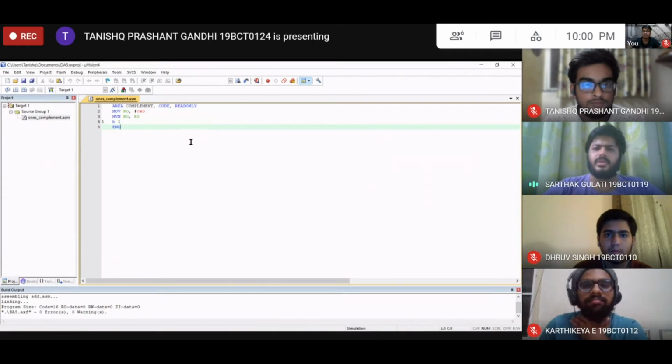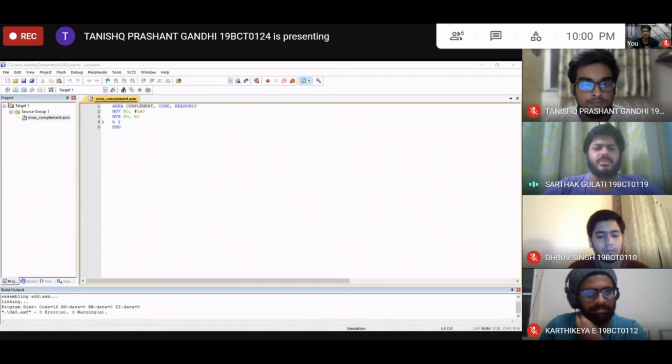Moving on to the next section of the code, here we are starting our execution process. MOV R0, #0x0. This immediate value that we have given here is the value we'll perform the ones complement with. The mode that we have written for the code is immediate addressing mode. Here we have taken R0, which is a 32-bit register, but you are free to choose and can take any register of your choice which is available.